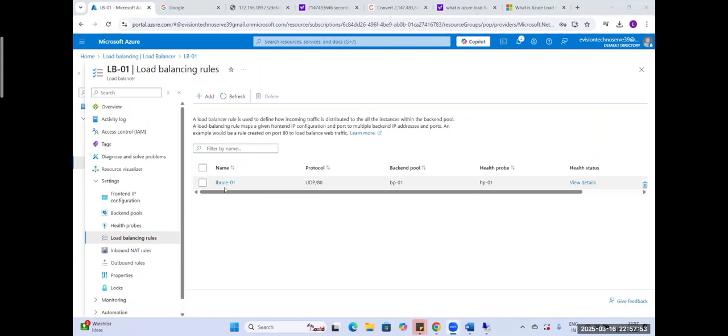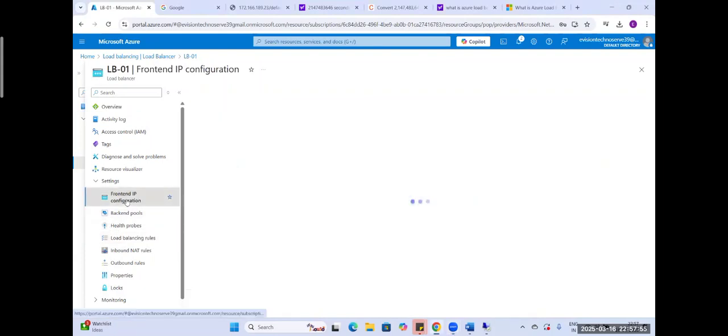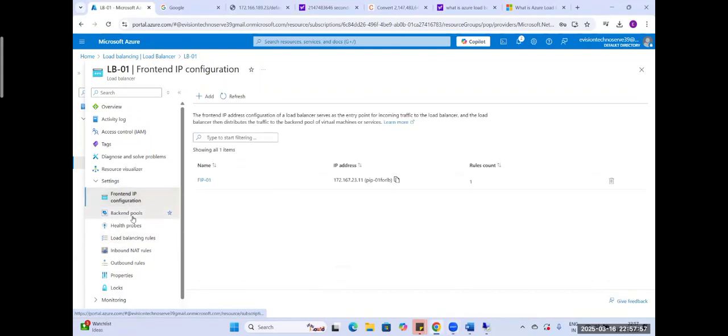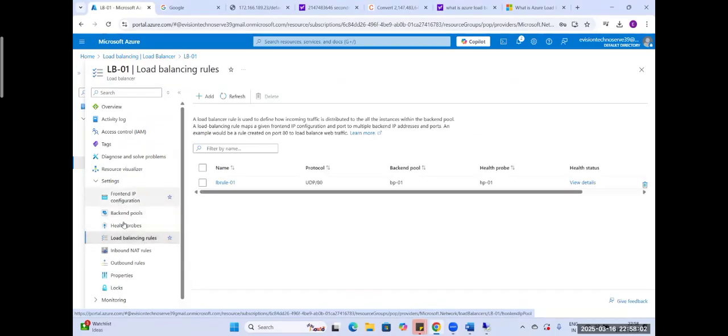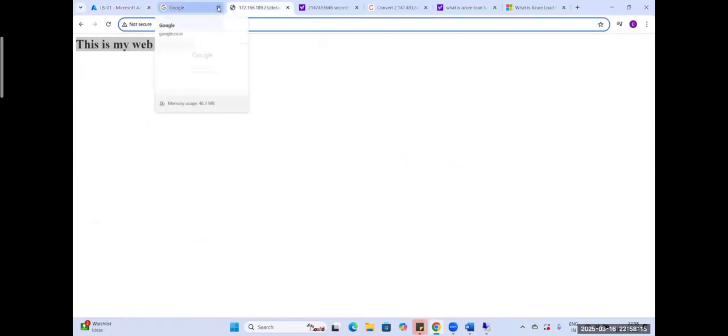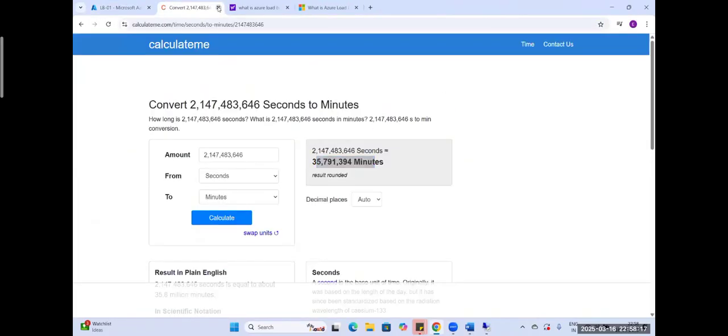So the rule is also created. रूल क्रिएट हो गया है। We have the front end IP, we have the back end, we have the health probe, we have the rule. These four are the important components and we have everything in place. Now let's see the load balancing. अब देखते हैं load balancing हो रही है कि नहीं हो रही। So here I will just remove all the columns, सब हटा देते हैं।